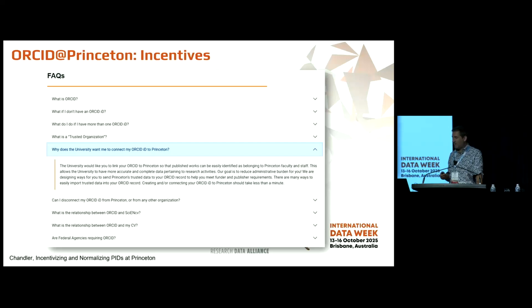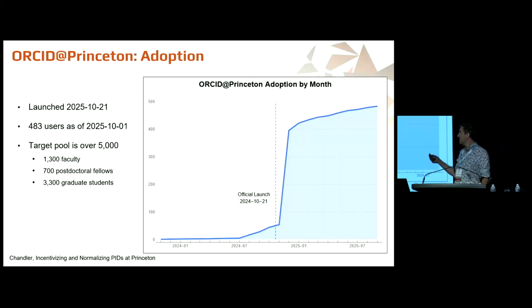External demands from some funders and publishers have actually been a stronger incentive for a lot of individuals to go and create their ORCID accounts, but adoption has been patchy. So the ORCID at Princeton portal was basically developed in order to facilitate greater and more consistent adoption. And according to the slide, it's having the desired effect. So a big increase in adoption when they first went live with it. It has somewhat tailed off a little bit since then.